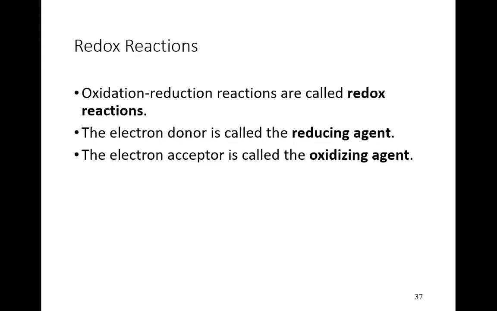Something is going to give up the electrons. We call that the electron donor, and it is the reducing agent. Again, it doesn't make any sense. Just take it at face value. The electron acceptor is called the oxidizing agent. Now think about that for a second. The electron acceptor is going to be the oxidizing agent. And if you consider that this is usually oxygen,